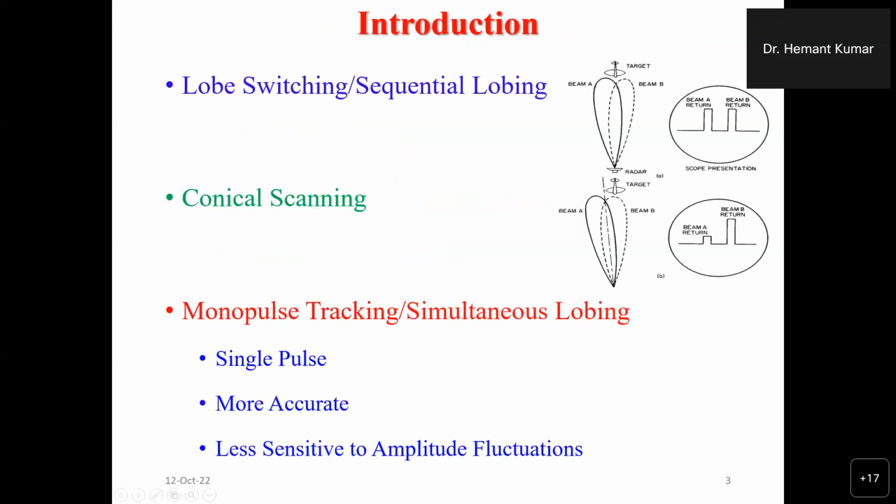Right. So before introducing the monopulse tracking, I would just discuss a few techniques which can be used for tracking a target. So basically it is just a radar. There are various techniques available for tracking a target. The first one is the lobe switching technique, also known as sequential lobing. In this lobe switching technique, basically the radar sends a signal and receives an echo from the target. Target reflects a signal towards the radar, and the radar, based on the received signal echo, will determine the